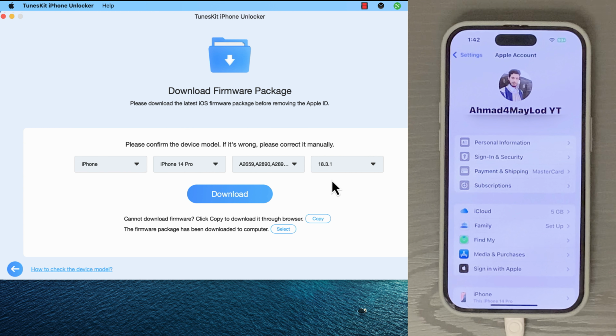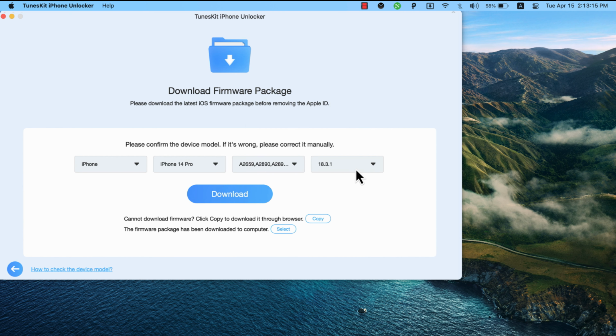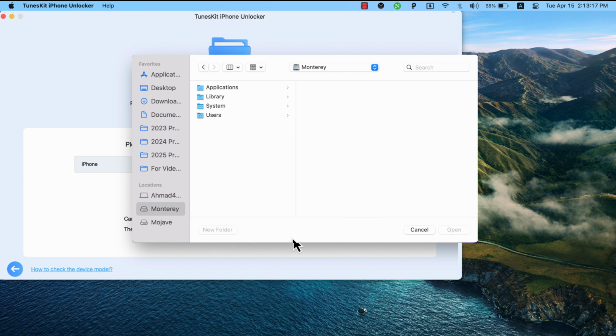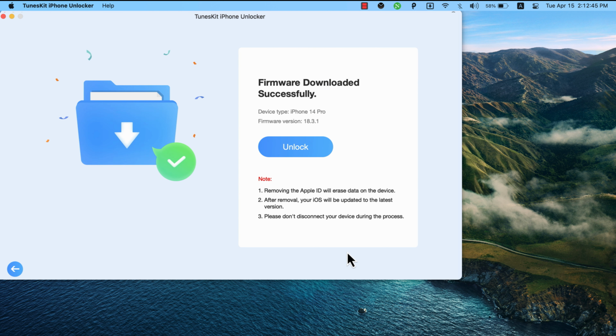This may take some time depending on the internet speed. I will skip this. Okay, the download is finished. Now click here to add the firmware package. Okay, this is it. Now it will verify the firmware package. Wait a few seconds. Okay, now all you have to do is just go ahead and click unlock and wait